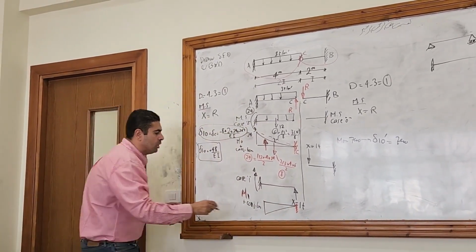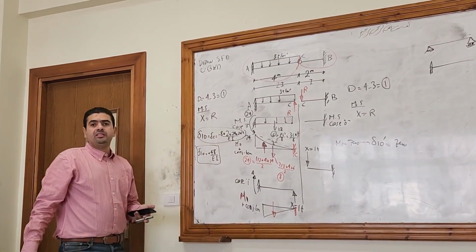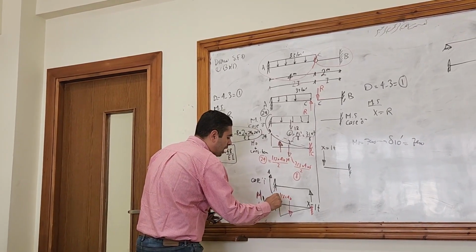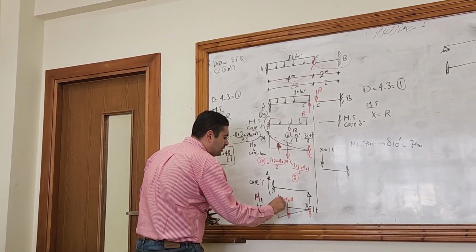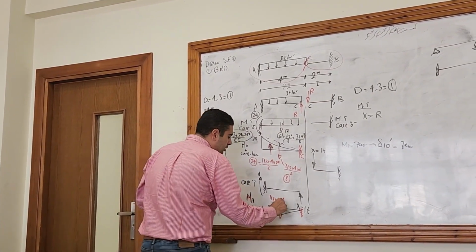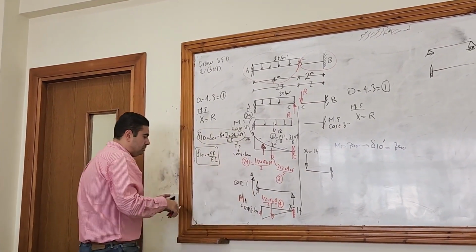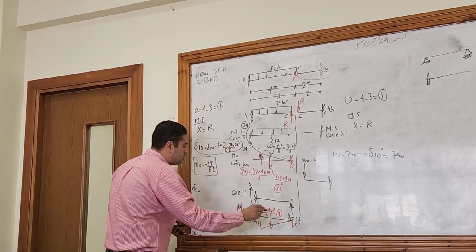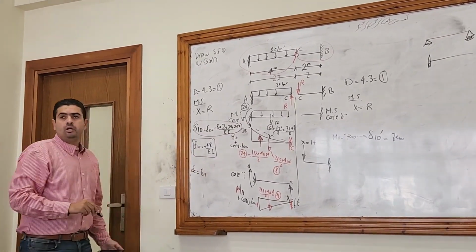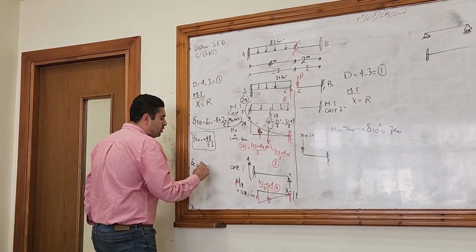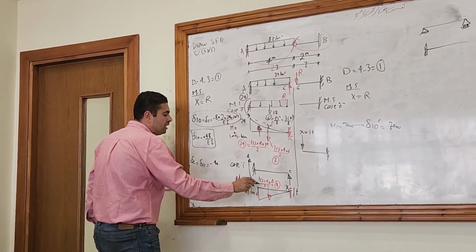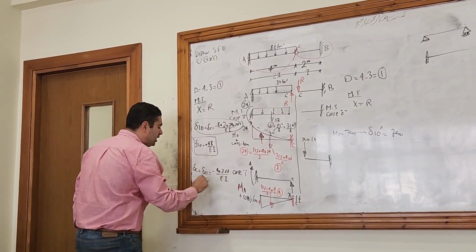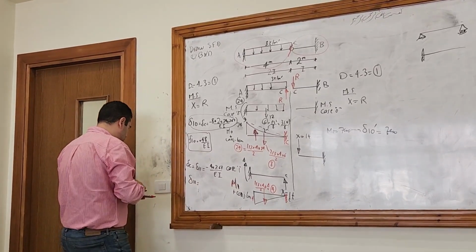Okay? It's only one triangle down the datum, so it will be downwards. Half base is 4, height is 4 divided by 2, so this will be 4. I also need to calculate delta at C. This is C. So the moment, which is called here delta 1, 1. The moment here is only 1/4, so it's negative 4 times 2/3 of the 4, which is 2.67 divided by EI. So delta 1 here will be equal to